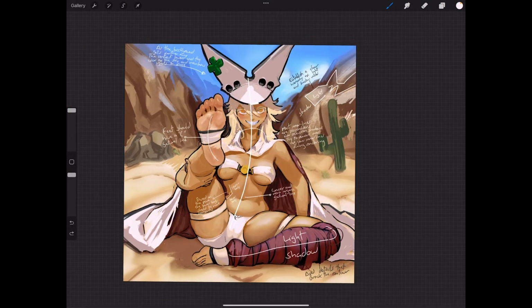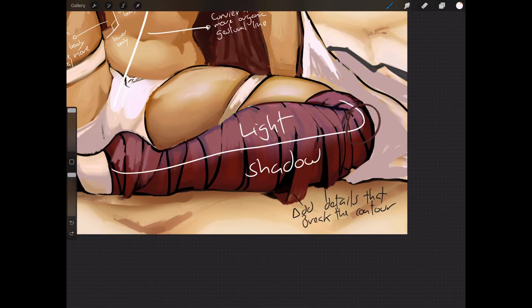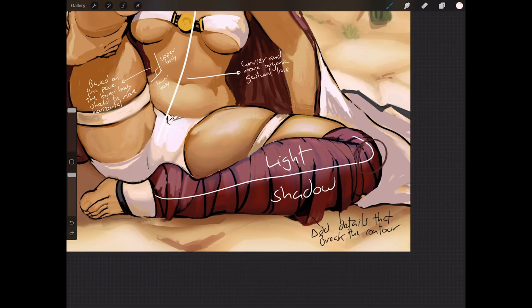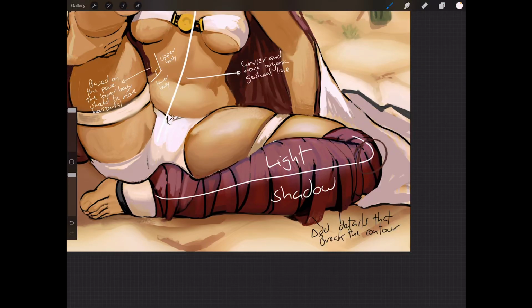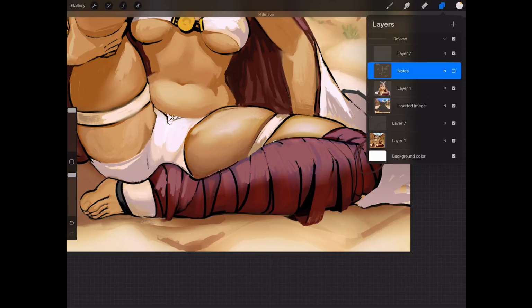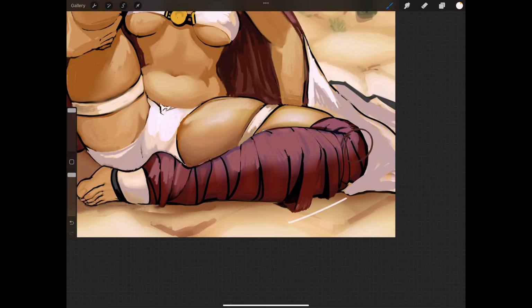As the note said, also try to create visual interest. And by that, you can use some details to break off the contour, to not make the contour too samey. And that's the reason why these straps are breaking from the leg. It also serves you to make things look more organic and create a sense of rhythm. Okay, you can see that there is another gestural line here, for example, that peaks here and moves outwards here. That indicates perspective too.